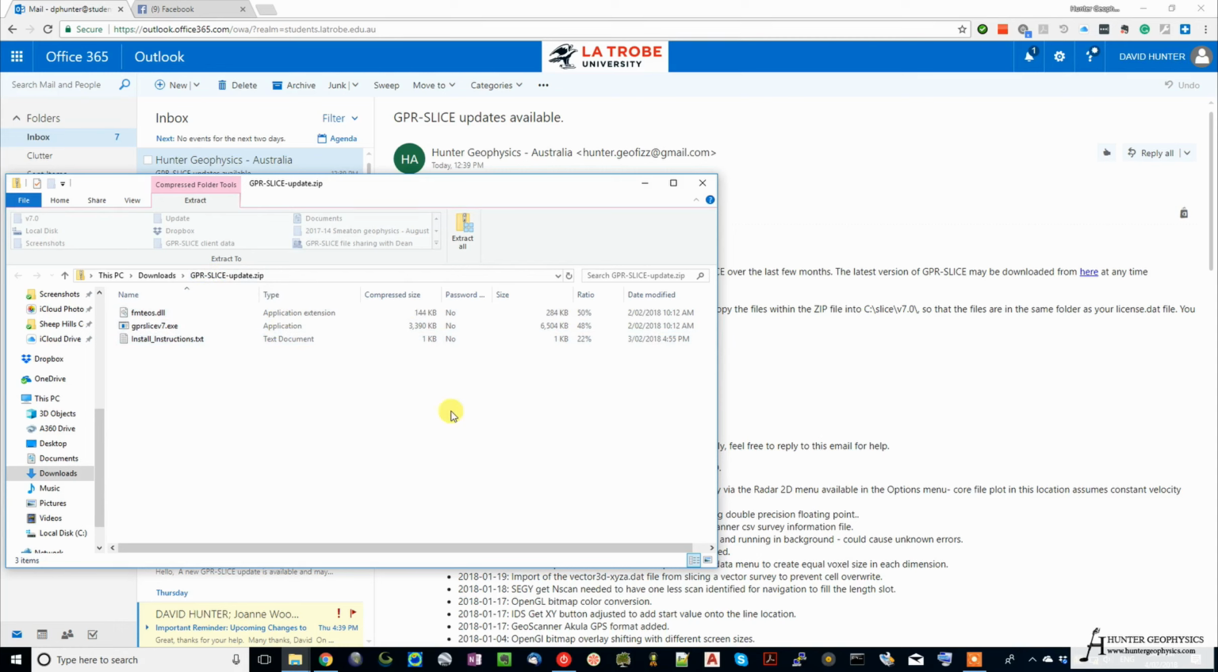And in this case, there's two other files. Now, you may actually get more than two files in future updates, so just be aware that you need to get all of the files in this folder, except for the install instructions.txt file. So I've just pressed Control-A on the keyboard to select all, and then I've Control and left-clicked on the install instructions to deselect that file, and then I'm going to use Control-C to copy